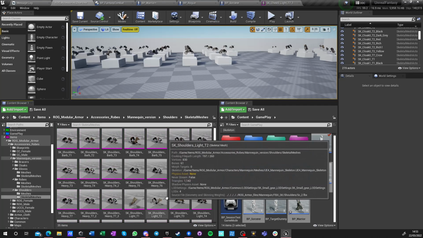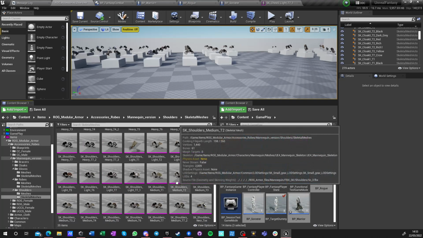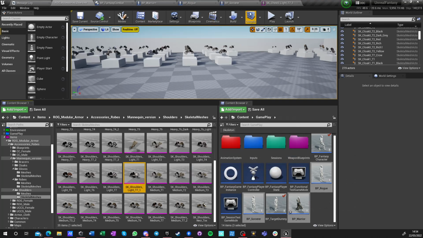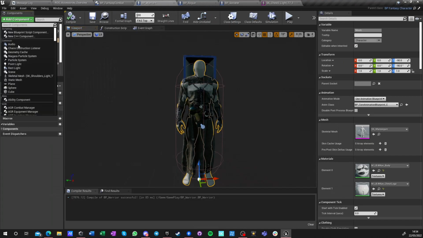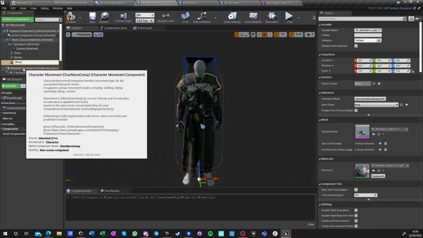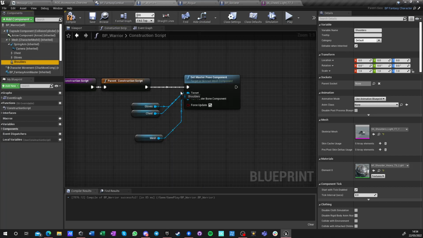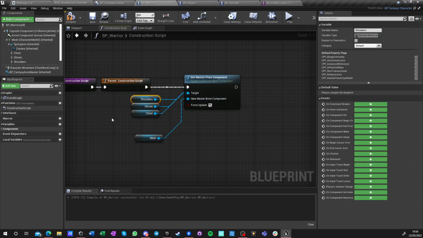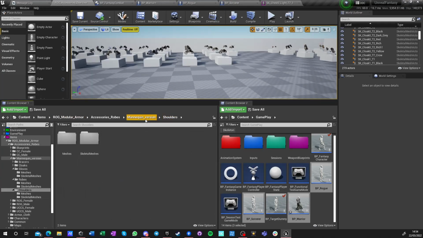Shoulder, skeletal mesh, something bulky, like this one. Click mesh, add component, this guy, shoulders, and 0, 0, 0 construction, and also here. Okay, that's a lot better. And now